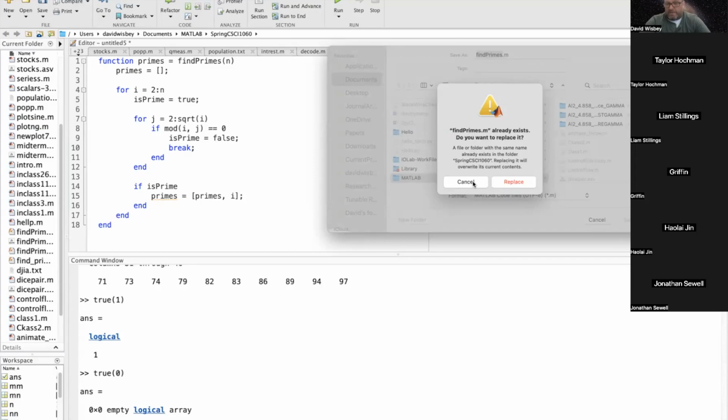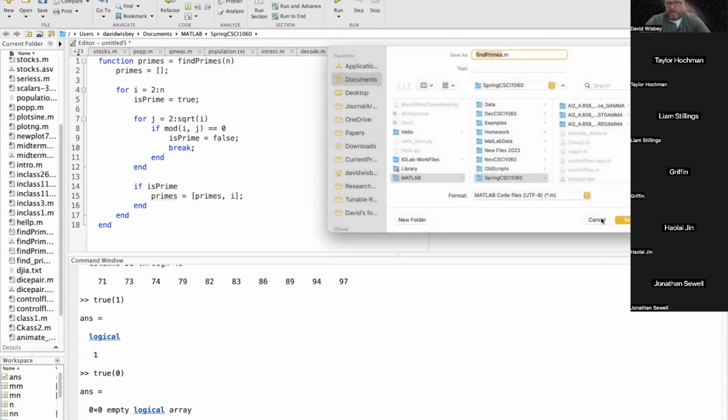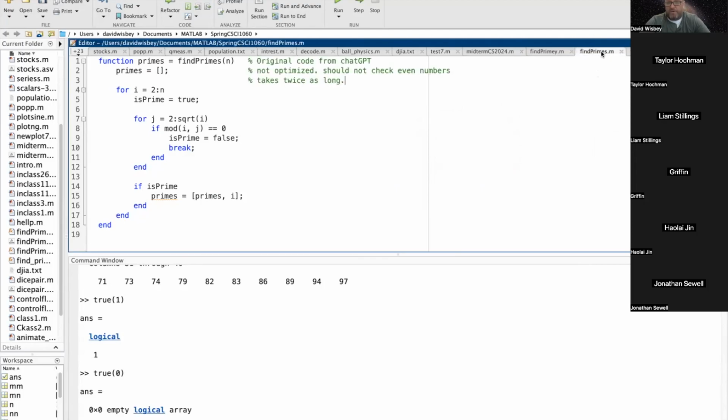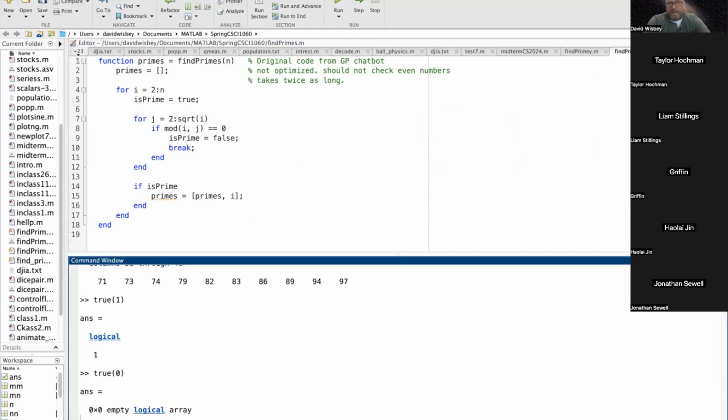Okay, and so I've already created this file somewhere else. So I'm going to go over here to the one that I was working on before. Okay, so this is the same code, and this is actually from GP Chatbot. It's just a different AI engine. Now this one actually works. So if I go to my command window and I were to type in the name of my file,